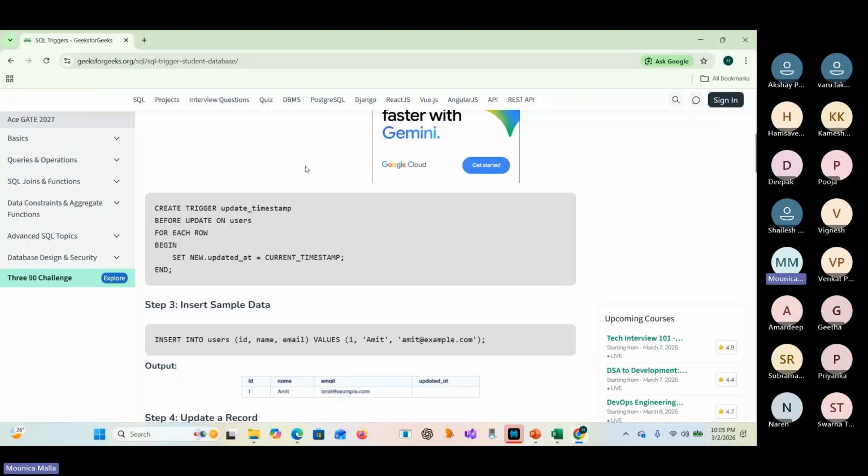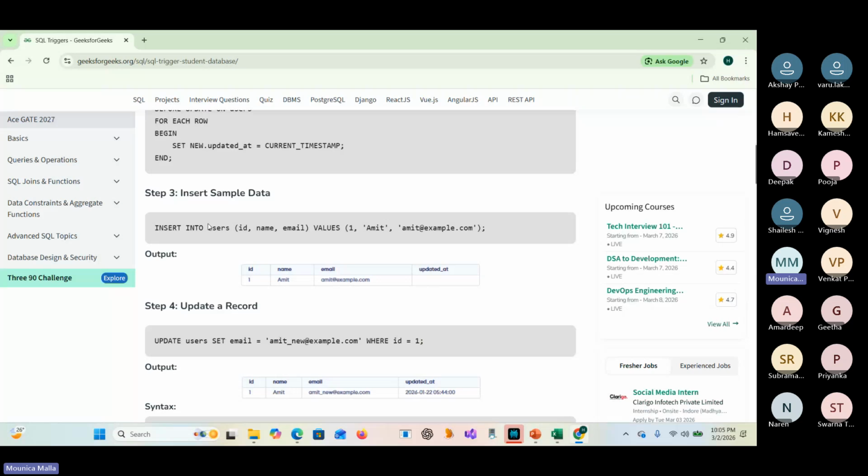So what happens now before updating? Before updating, the updated_at column will be updated with the current timestamp. So suppose you're inserting a new record, updated_at will be null. If you're updating the same record,